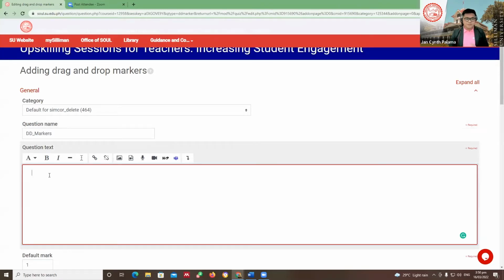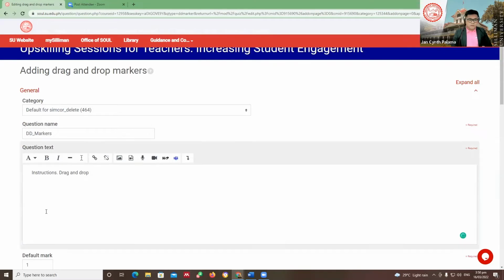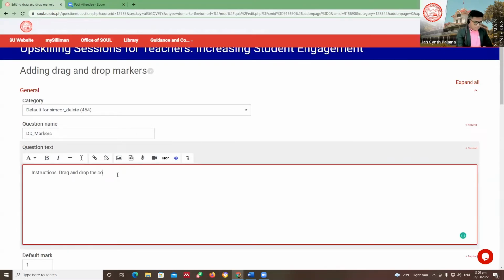In the question text, this is where you put your instruction, for example, drag and drop the correct name or label